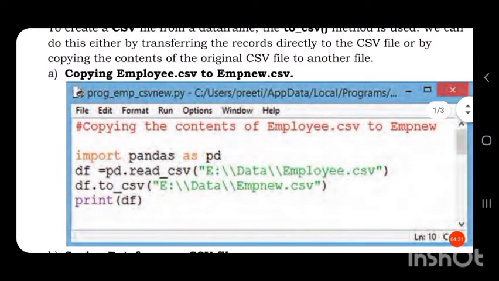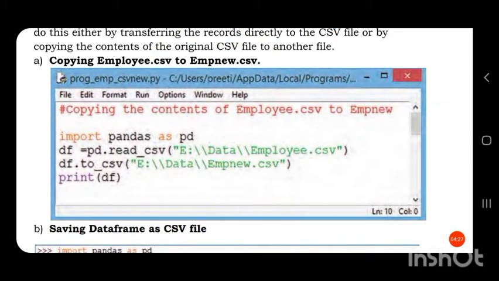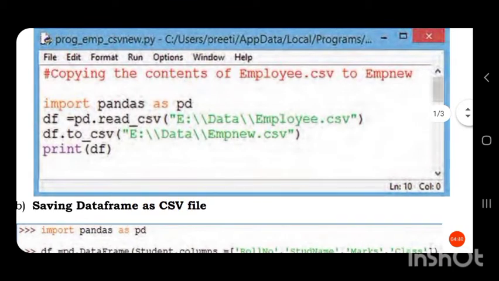By using this method, let us see the program. We are creating a data frame with pd.read_csv. Inside the read_csv function, we have provided the location of the CSV file.